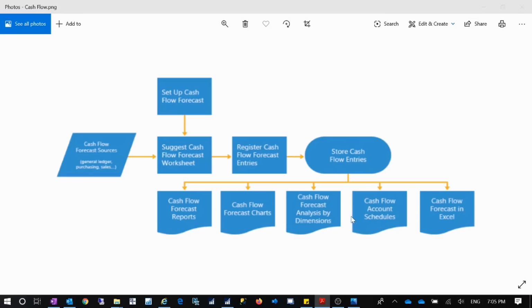Also, you have an account schedule for cash flow. It's using the same structure as your chart of accounts schedule. And you have the cash flow. You can export the cash flow to an Excel spreadsheet to do further analysis. Yeah, so this is the structure of how this module is